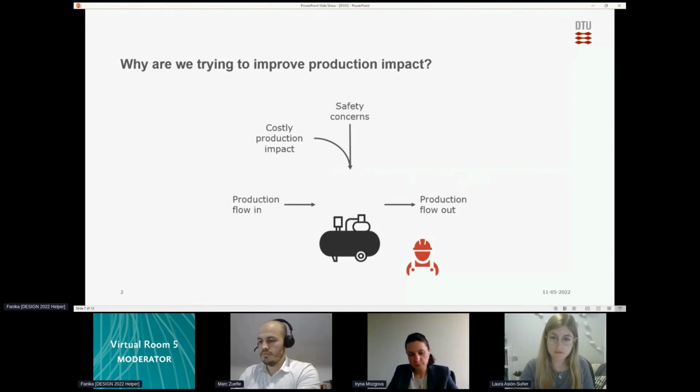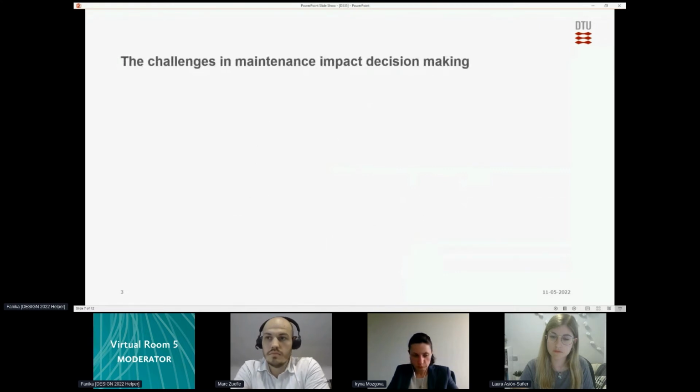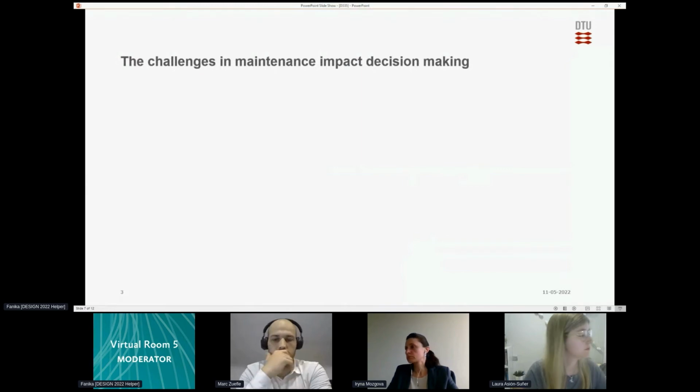It's also going to introduce safety concerns. We're not running our production line as we designed it to do. And in the same vein, when we're not running it as we designed it to do, we also have a larger potential for emissions. We're interfering with the production line, and so we might have emissions when we start changing things.